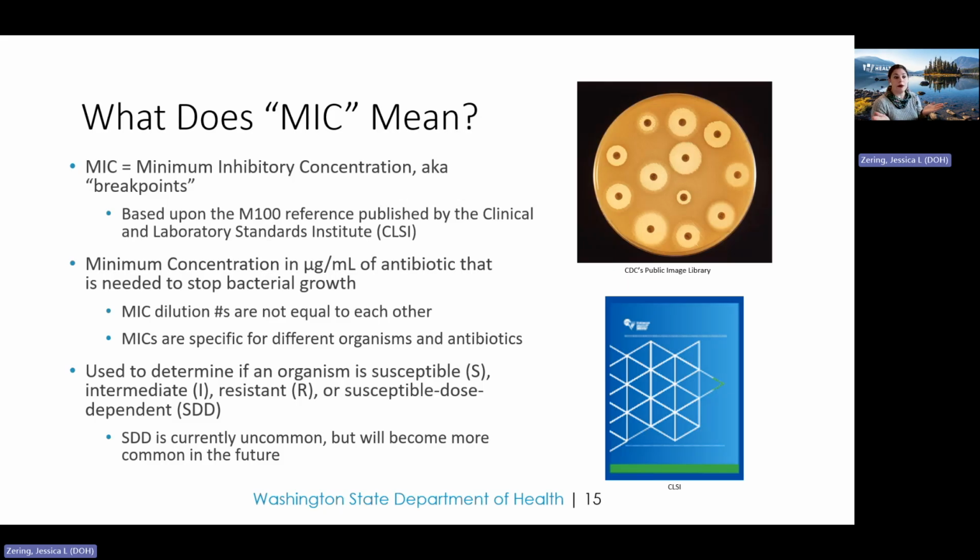Now, some folks here may think back to those days in the micro lab where we had all those test tubes, we had our loop tool that we used to swab the agar plate that had bacteria growing in it, and we dipped that loop into different tubes and waited 24 to 48 hours, and we tried to figure out which ones were cloudy and which ones were clear. Essentially, that is the visual picture of minimum inhibitory concentration. It is the minimum concentration, typically micrograms per mL, of antibiotic needed to stop bacterial growth.